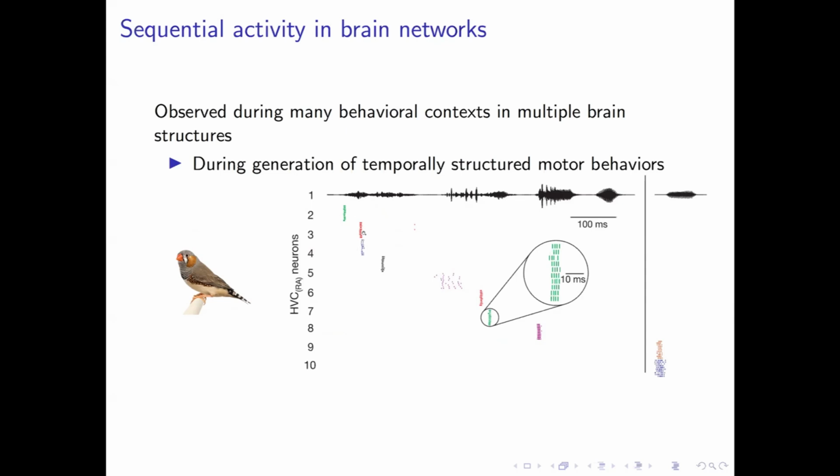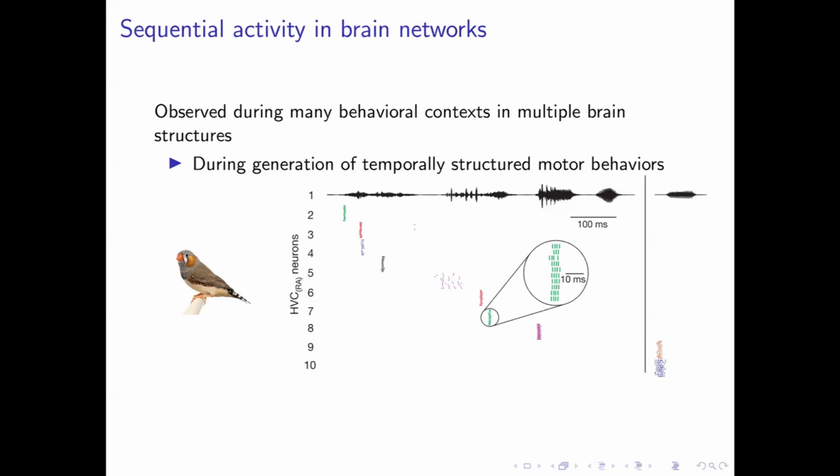This is one of the earliest papers that documented this phenomenon, but now people have recorded many more neurons, and you see that you have neurons firing at any point during production of the song. In this case, note that activity of neurons is extremely sparse. Most of these neurons just fire a single, very brief burst. Notice the scale here, about 10 milliseconds of a few spikes, and that's it, right? Not all of them. This one fires a little bit longer, but this is the typical behavior of most neurons.